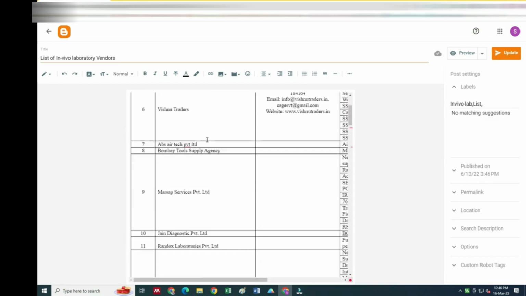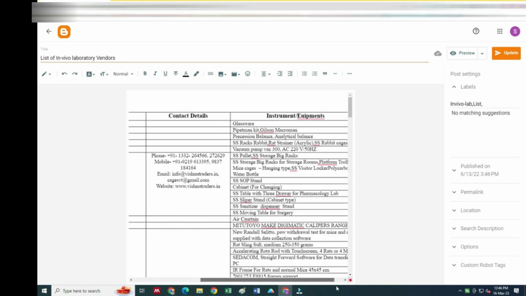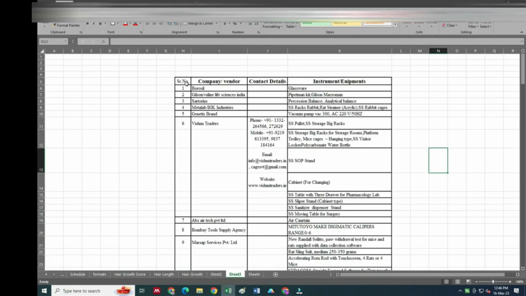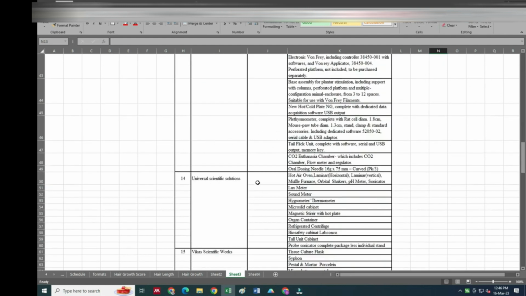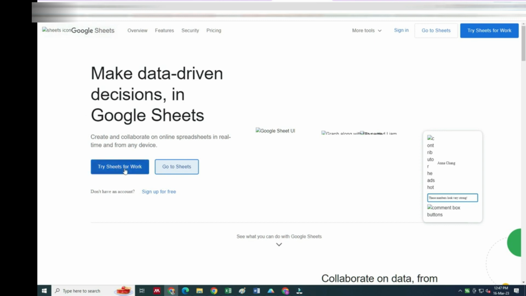So to overcome this problem, we will add a table with adjustment that will easily remove the extra spaces. Here I have taken a table in Excel, and that table I will add on the website. So first we will go to Google Sheet,